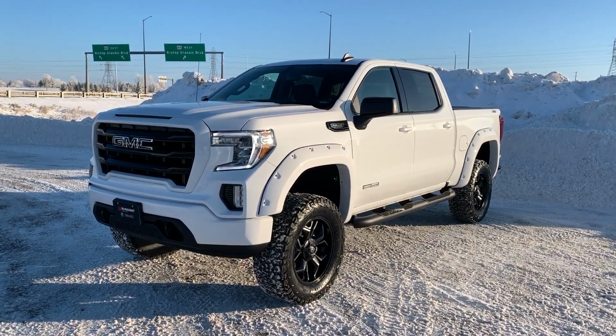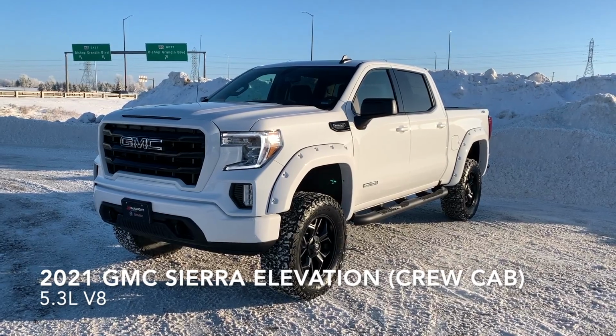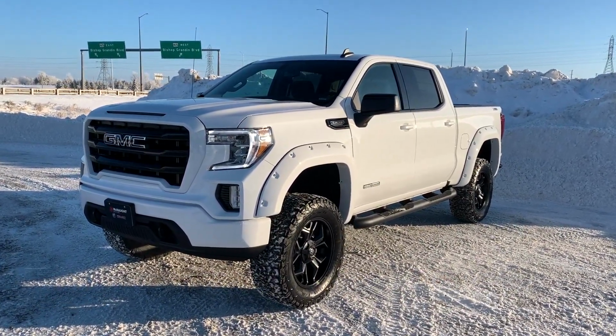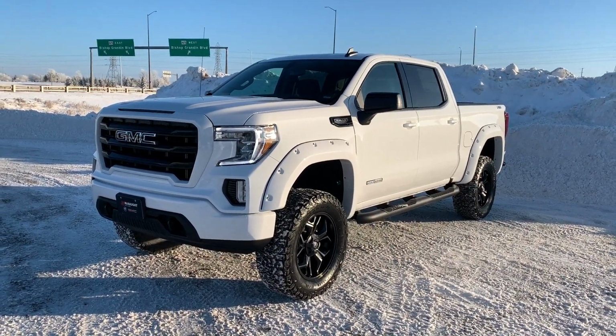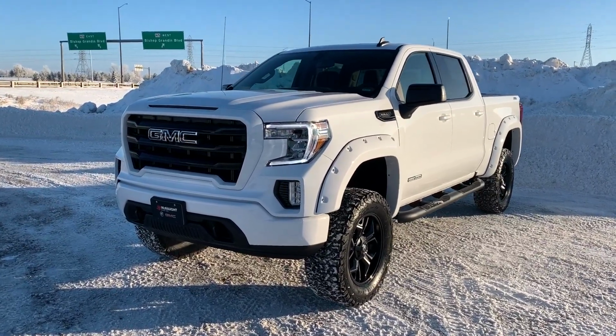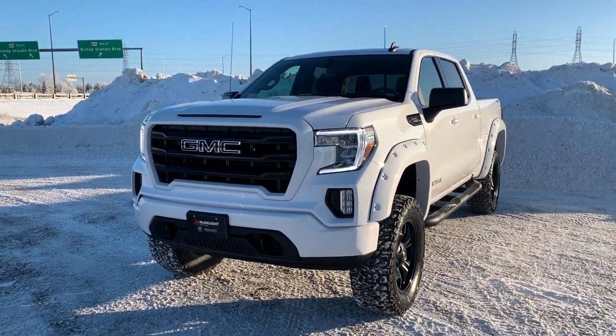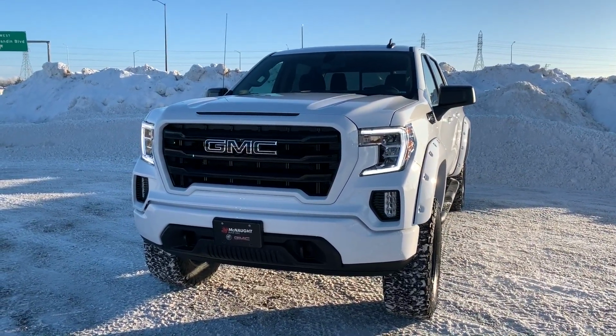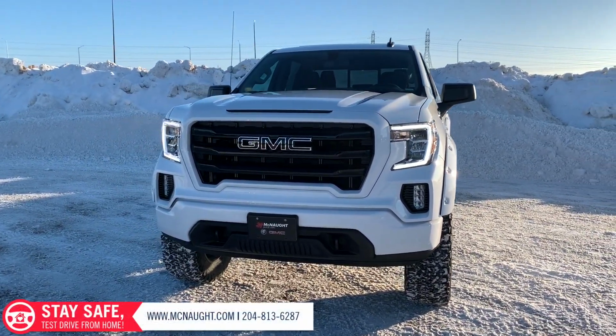Today we're going to be taking a look at our custom built 2021 GMC Sierra Crew Cab Elevation. Now we sat down at the design table, we planned this out. Every single component you're going to see in this video was hand-picked by our McNaught Performance certified technicians. So we built this truck up just the way we like it,